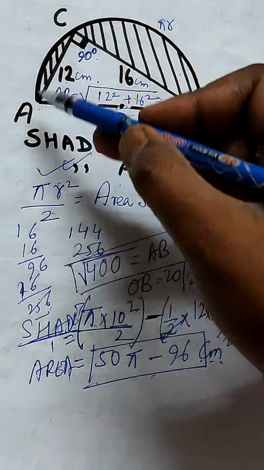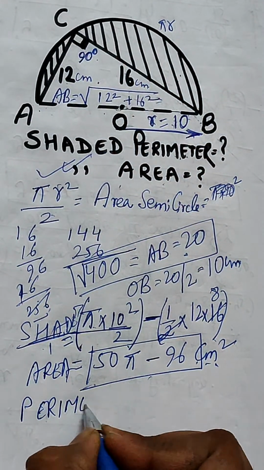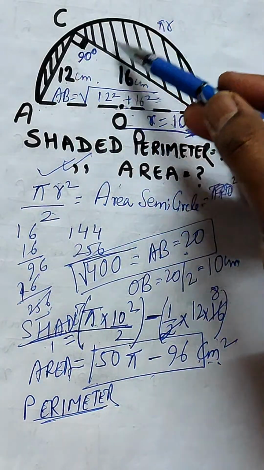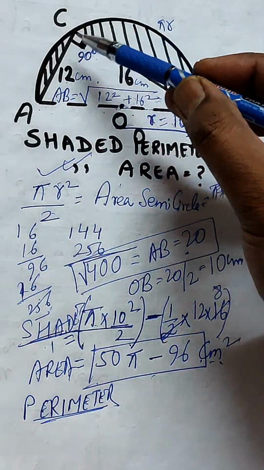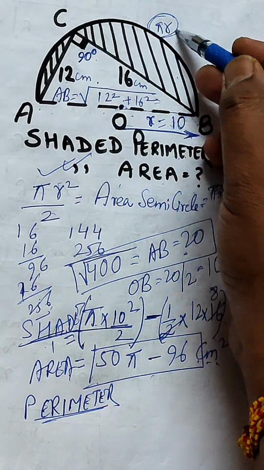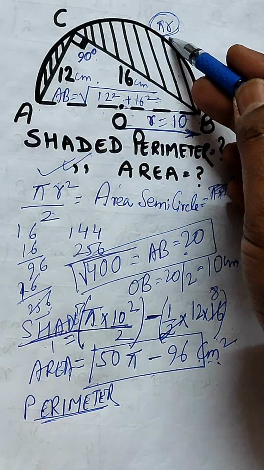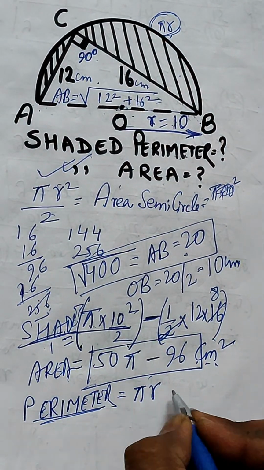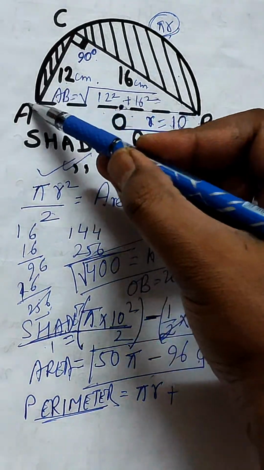Now, what is the perimeter? For the perimeter of the shaded area, you can see the boundaries of this shaded area. From one side of the shaded area, you can see the semicircle is lying. So that length is equal to pi r, because 2 pi r is for the whole circle, then 2 pi r divided by 2, that means pi r for this semicircle. So this will be equal to pi into r, plus